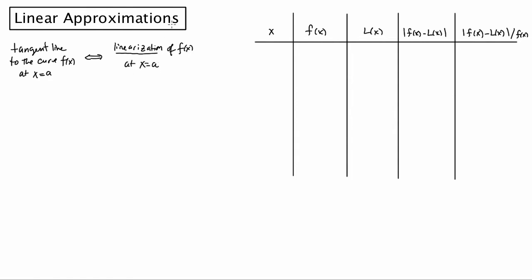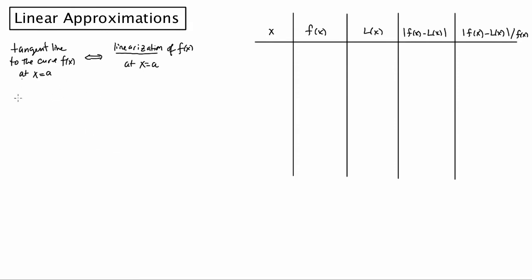In other words, it's kind of like saying that near the point of tangency, if you zoom in far enough, the function looks almost like a line, and the line it almost looks like is the tangent line. So if I want to know what's going on near a point of tangency, then I can just look at the tangent line and it gives me the information rather than the actual function. And sometimes that is very beneficial. So let's make this a little bit more